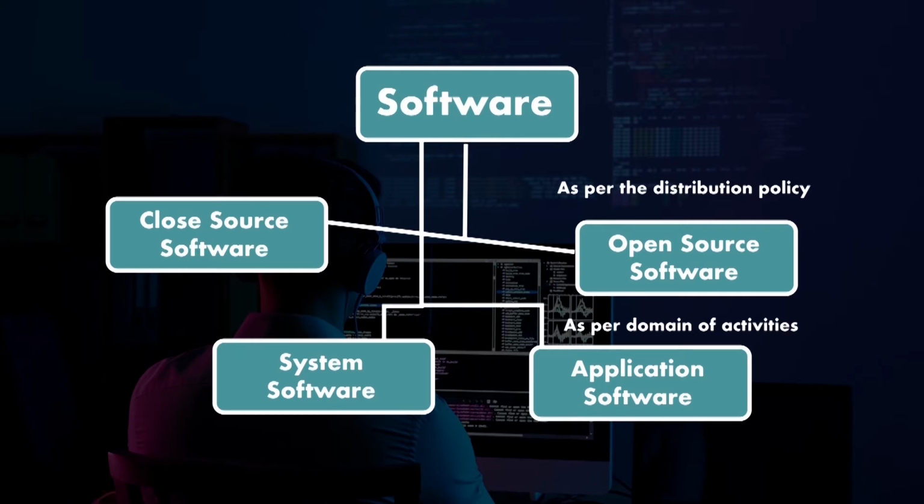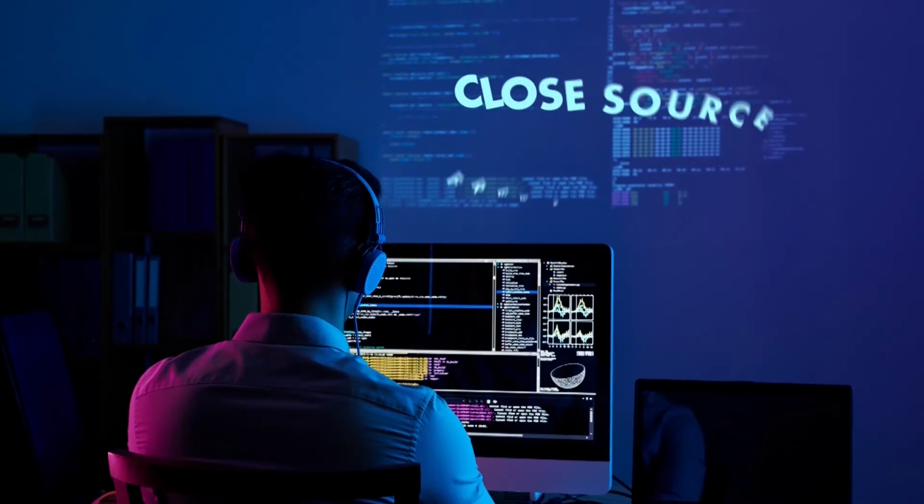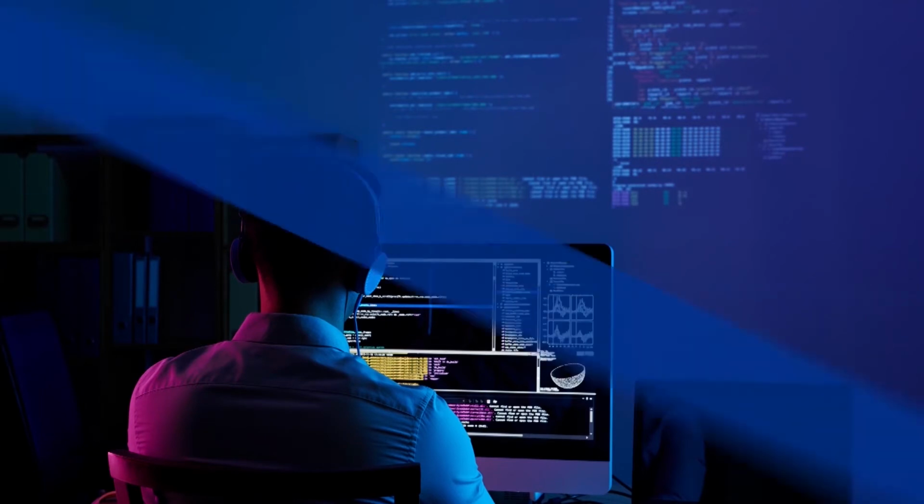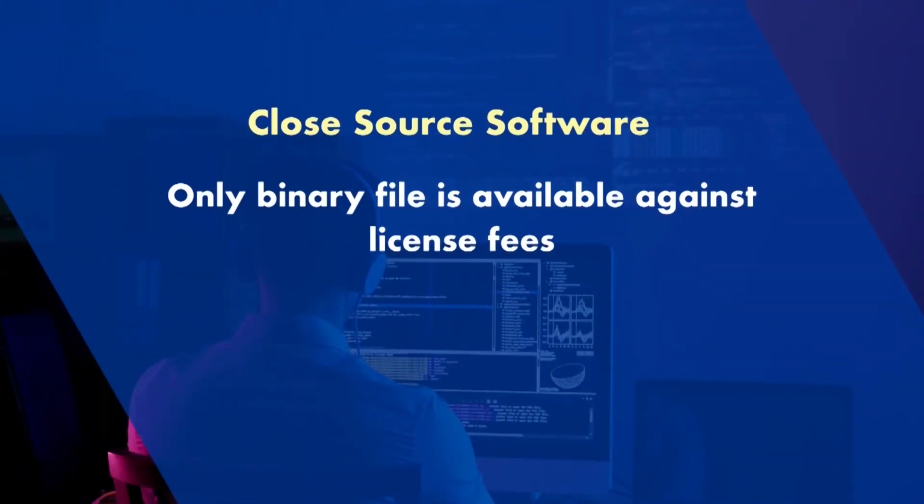So open source software is now quite mature. As far as the library automation process is concerned, in most cases the global trend is to utilize different kinds of open source software and open standards. Now if we go for a comparative study between closed source, freeware, and open source: in the case of closed source, only the binary file is available and you have to pay license fees, which are often huge, and they also take an AMC, annual maintenance contract, for upgradation and updation of the software.